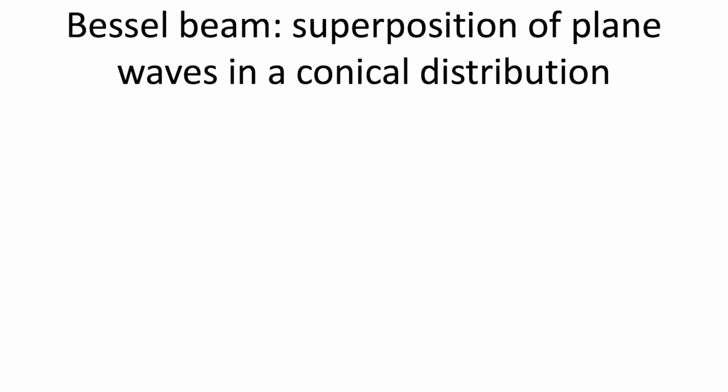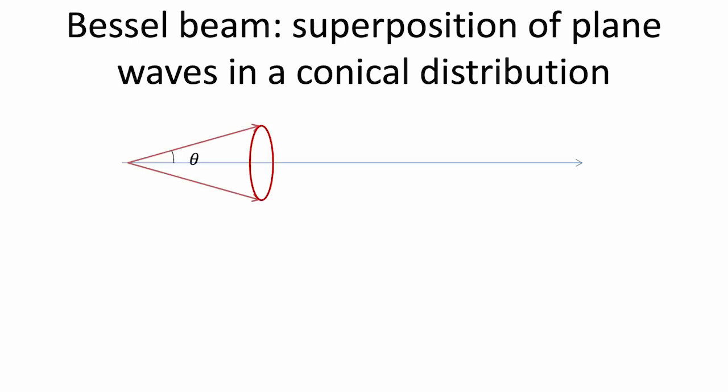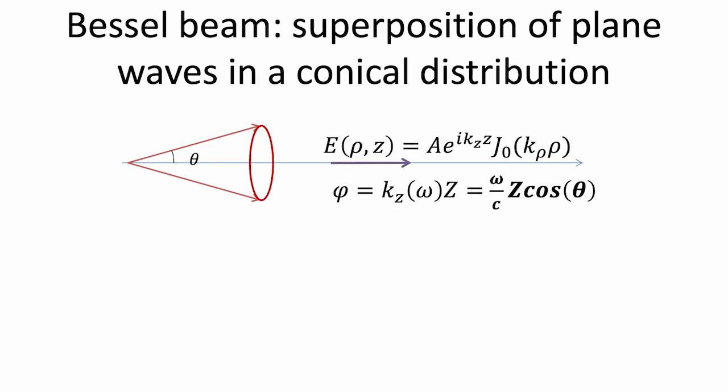And the next slide: a superposition of plane waves distributed in a cone is what's called a Bessel beam. So let's assume a short pulse hits this conical mirror, and then it's reflected. Then you have this distribution of conical plane waves. And if you click again, you will see the equations. The superposition of plane waves is just what you can see there.